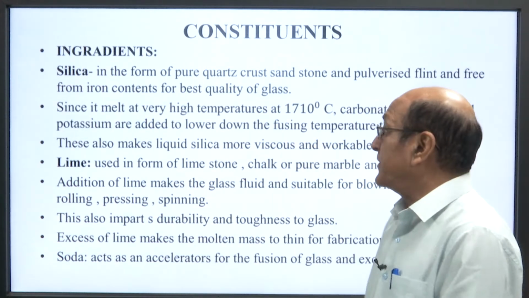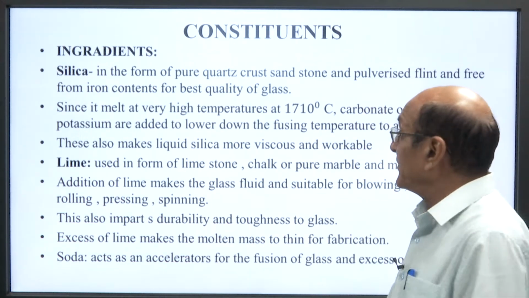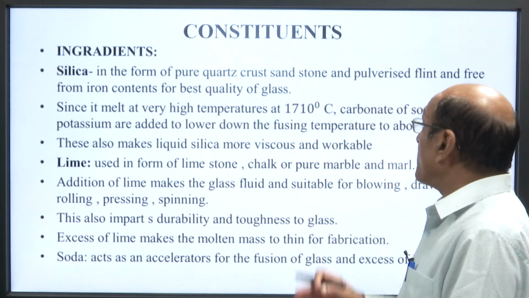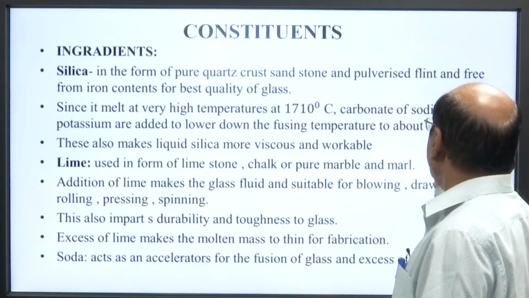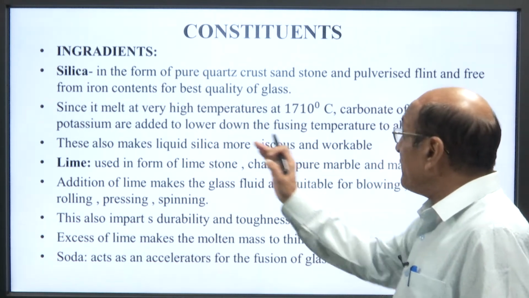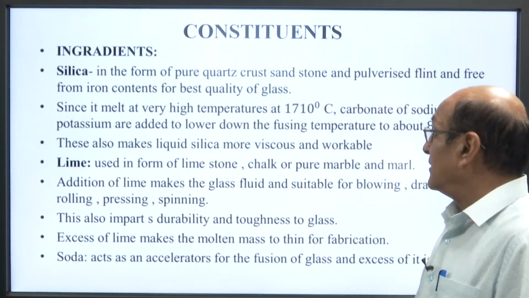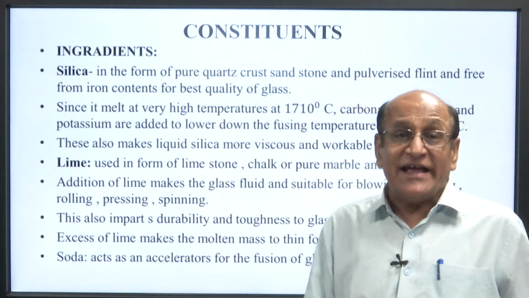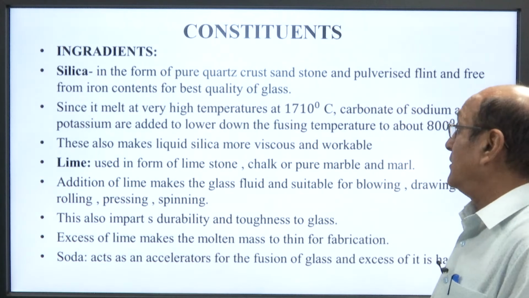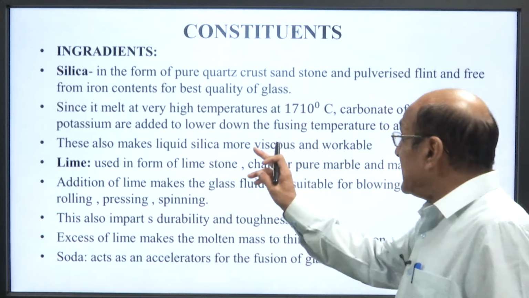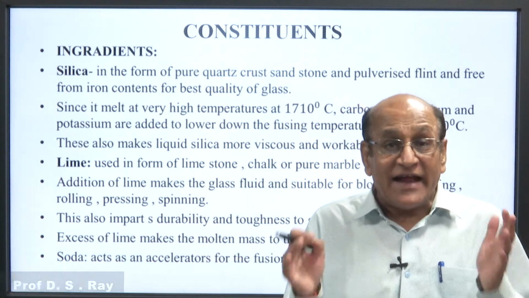Now, come to the constituents. The first constituent is silica. Silica is in the form of pure quartz, crust, sandstone and pulverized flint, and free from iron content for the best quality of the glass. We can say silica is the main ingredient for the glass. Since it melts at a very high temperature of 1710 degree centigrade,